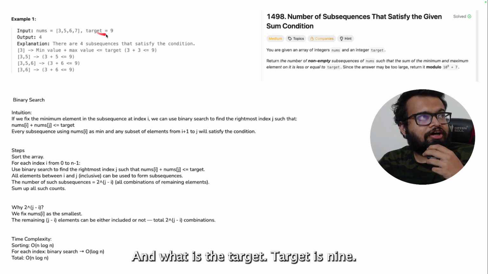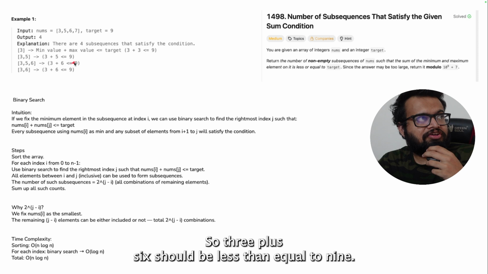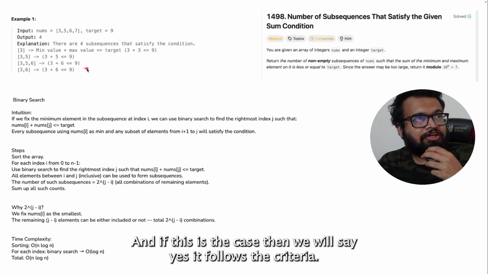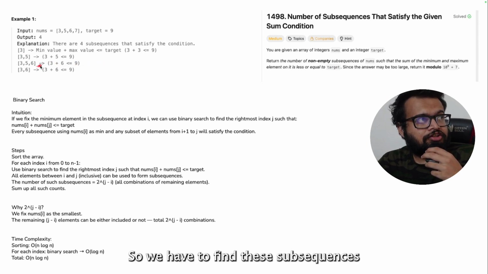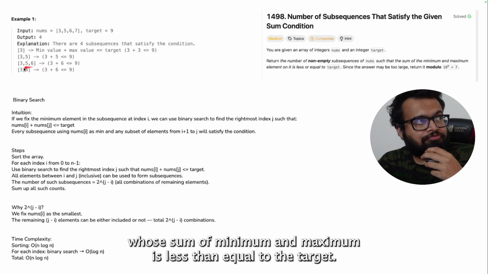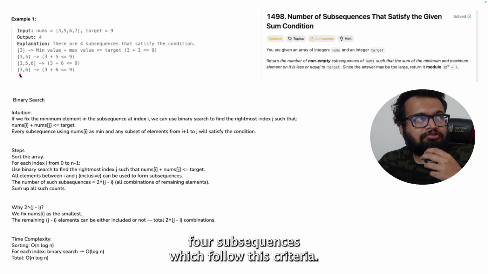Okay. And what is the target? Target is 9. So their sum should be less than equal to 9. So 3 plus 6 should be less than equal to 9. And if this is the case, then we will say yes, it follows the criteria and we will include it in the count. So we have to find these subsequences whose sum of minimum and maximum is less than equal to the target. So in the given example, if you see, they have listed down 4 subsequences which follow this